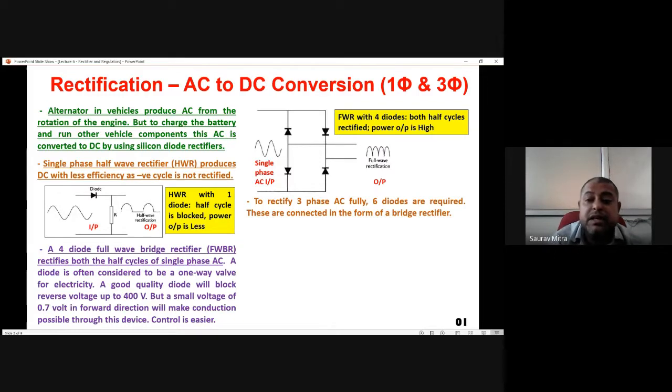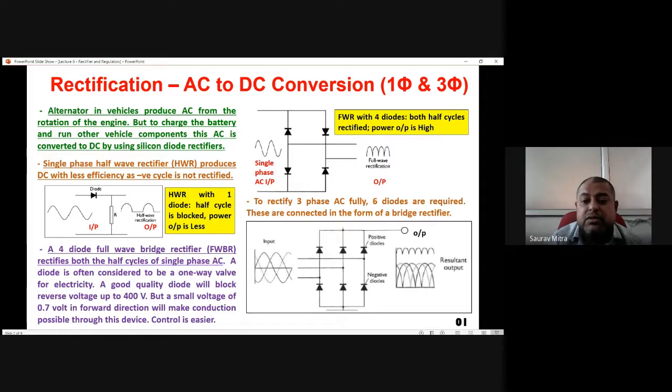So next we are going to see is the three phase fully controlled full wave bridge rectifier. So this is actually a three phase full wave bridge rectifier. You can see there, instead of two arms we have added another arm here. So this is a three-phase AC. Now the three-phase alternator produces this three-phase AC, where each phase is 120 degrees apart from each other, and they are producing a ripple DC. You can see this ripple DC to pure DC. We can filter it and we can get pure DC. So this is the point of output. From here, the pure or ripple DC output is taken.